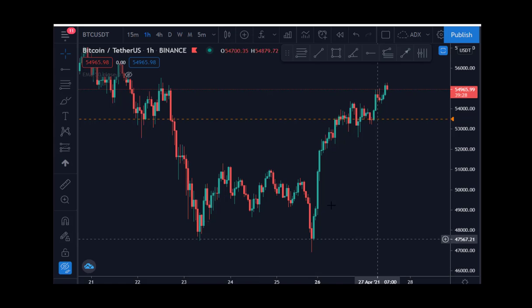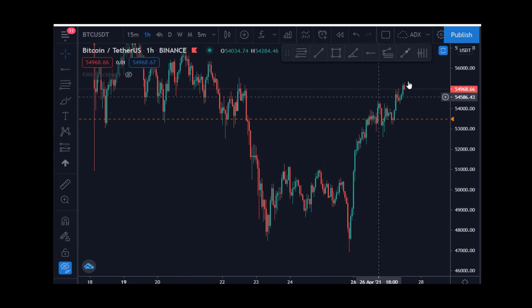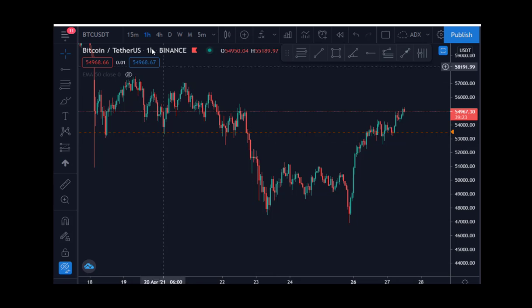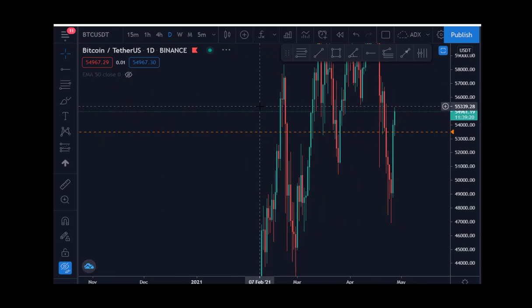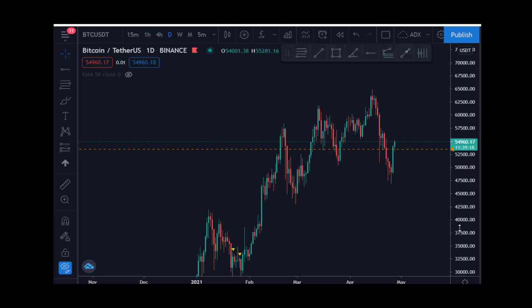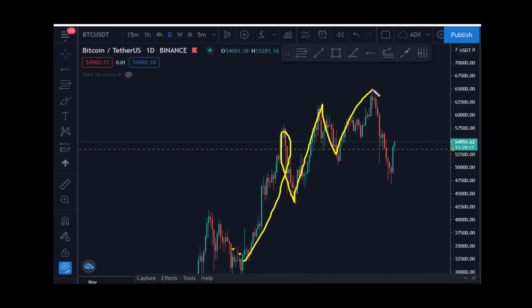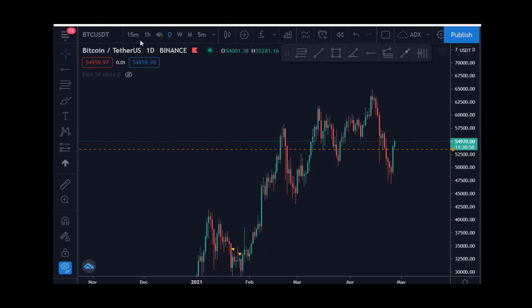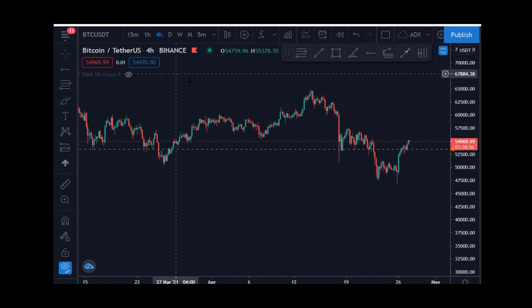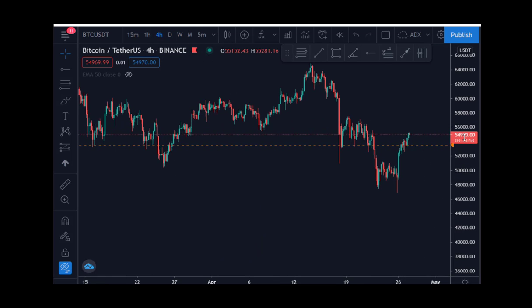All right, guys, so now we are in the 1 hour time frame on Bitcoin charts. Let's start from daily so I can show you exactly what we are expecting. Last time video I showed you that this is a kind of ending diagonal, which is broken here. We were expecting a very sharp retracement, and obviously most times it comes down, but now here we are seeing a hard bounce. If you go down to 4 hours, it's also a hard bounce here.